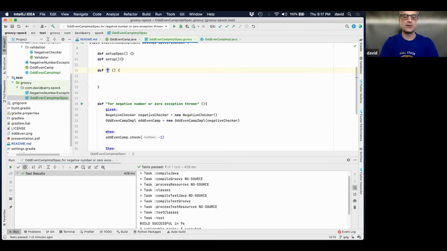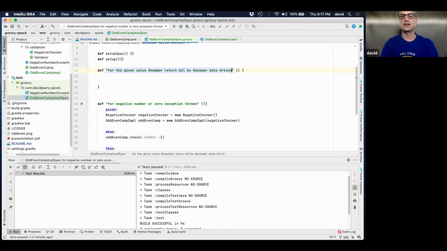I also can do this. I'm going to say for the given value, and then I'm going to put in here the number, whatever the number is. Now, here's the key. See this pound sign right there? This is going to allow me to report based on the data that we're giving in and where the failure is. Return will be, and I'm going to give, this is what I'm expecting. That's my outcome.